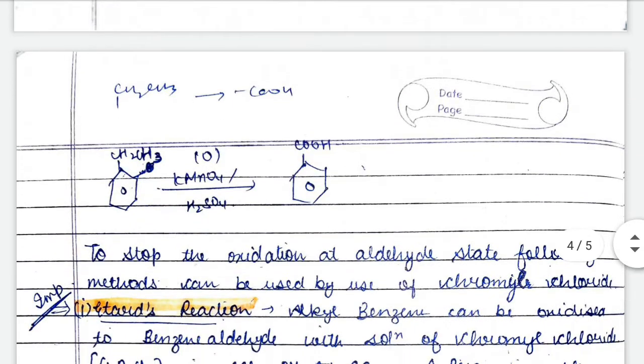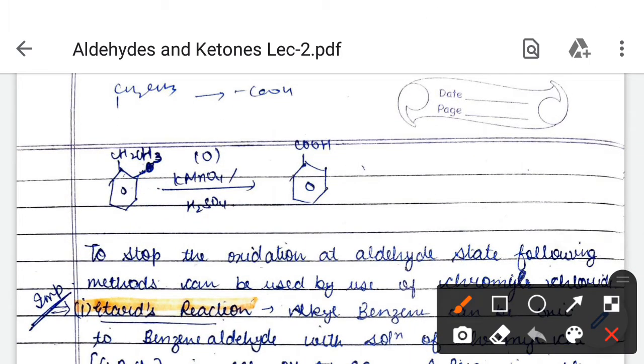That is, we have taken this example. In this, the methyl group is replaced with an ethyl group and it is oxidized to a carboxylic group. That is, whichever alkyl group is taken, it will be oxidized to a carboxylic group only. So next is